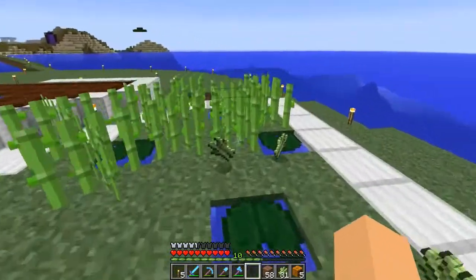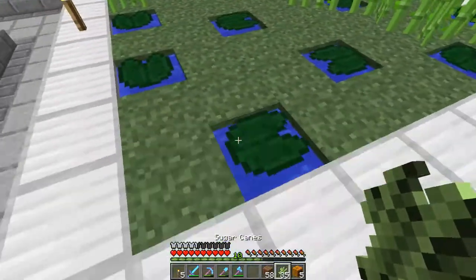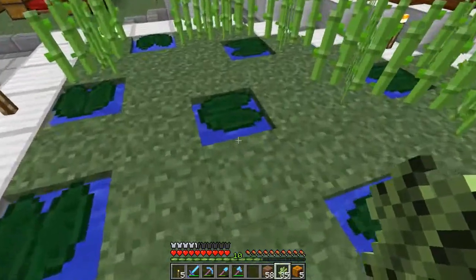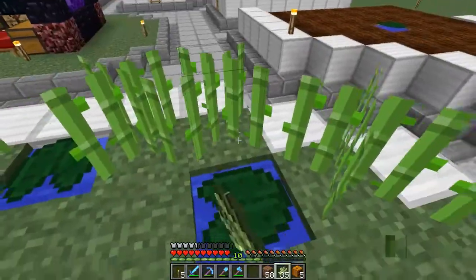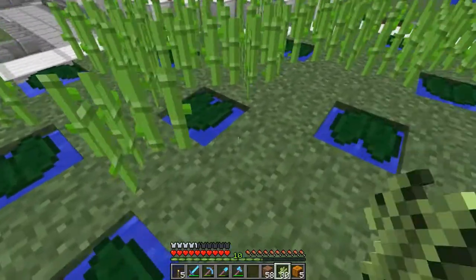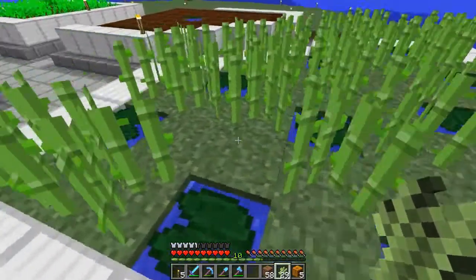Beautiful. Okay, so the way sugarcane grows, for those people that don't know, is it grows on the 4 blocks around a water source. So for this one, for example, it's going to grow here, here, here, and here. And for this one, it's going to go here, here, here, and here, and so on and so forth. So the way I did it was to make it so that,